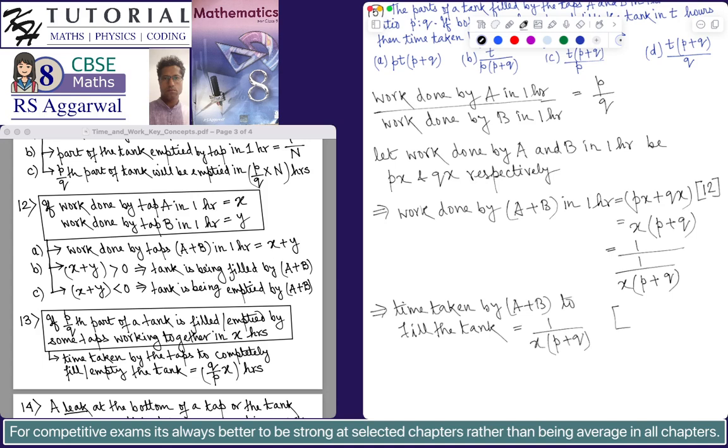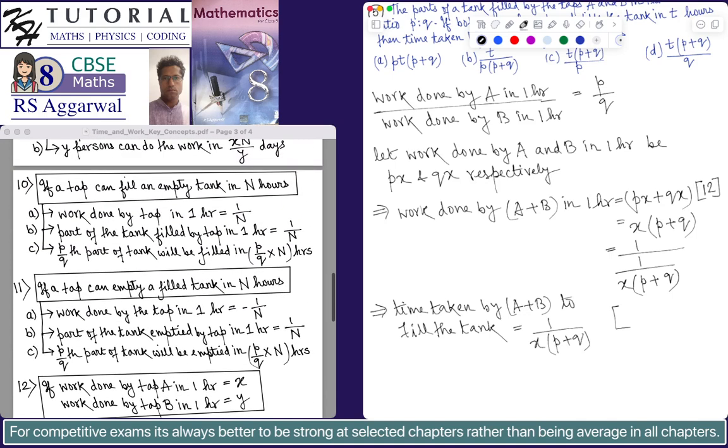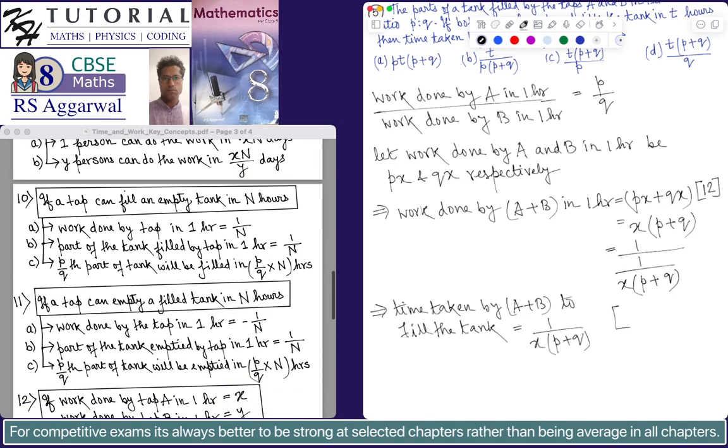This is applying the concept, actually the reverse of the concept 10a. The 10a says that if a tap can fill an empty tank in n hours, then the work done by the tap in 1 hour is 1 by n. The reverse is also true. That is, if work done by a tap in 1 hour is 1 by n, then the whole tank will be filled in n hours. So the reverse of concept 10a has been applied, and we get that the time taken by A plus B